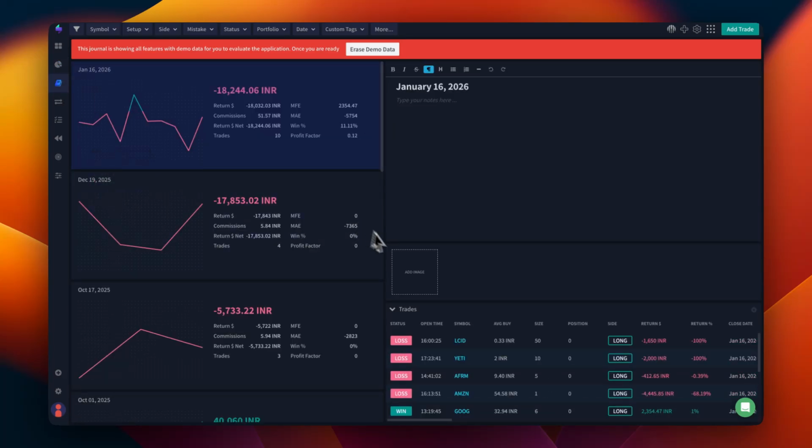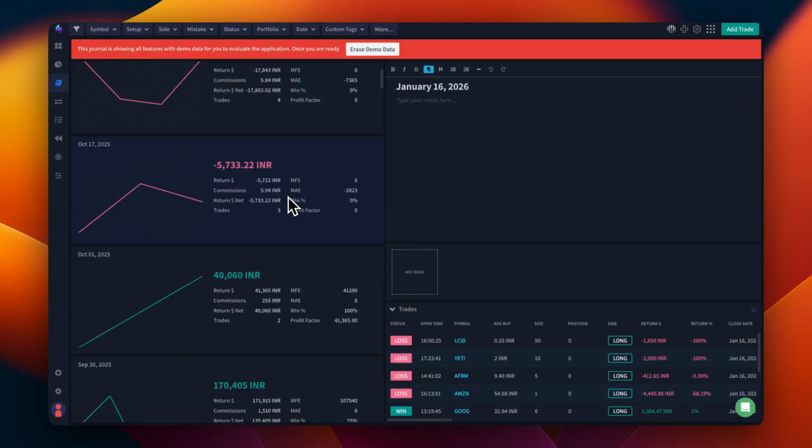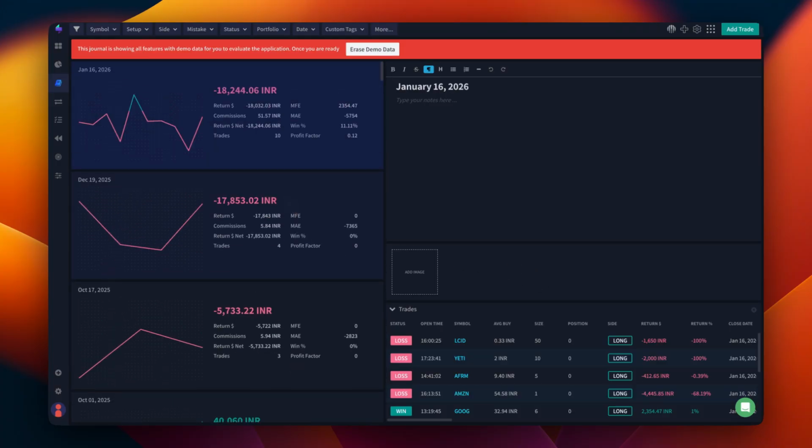The journaling feature is one of the most valuable parts of TraderSync. Each trade can be linked to a journal entry where you can write detailed notes about your thought process, strategy, and execution. If your account is connected to a broker, such as Interactive Brokers, Fidelity, or Robinhood, your trades can be synced automatically. From there, you can click on a trade and begin adding notes or images to document your